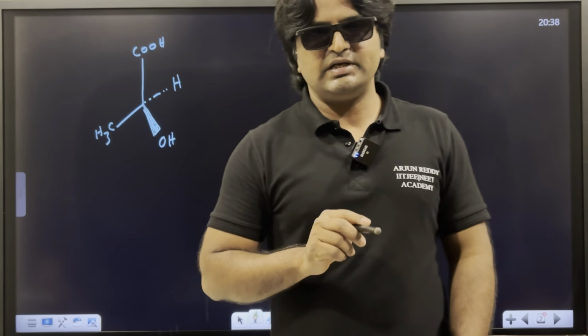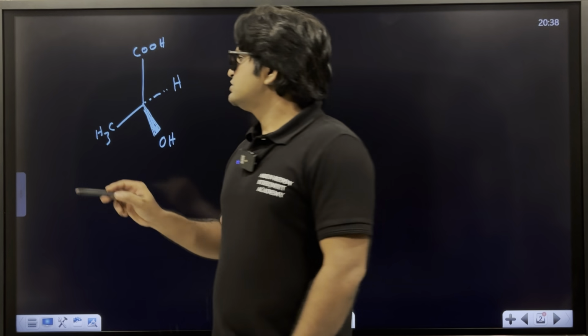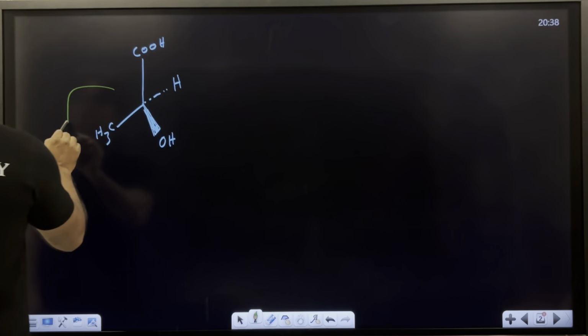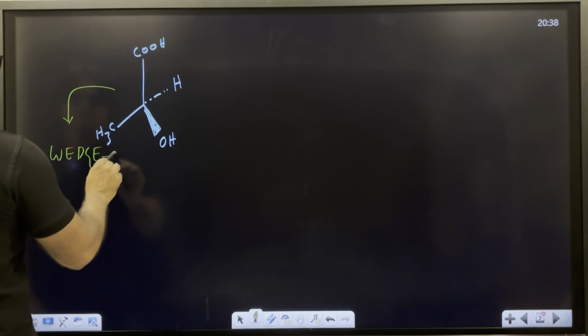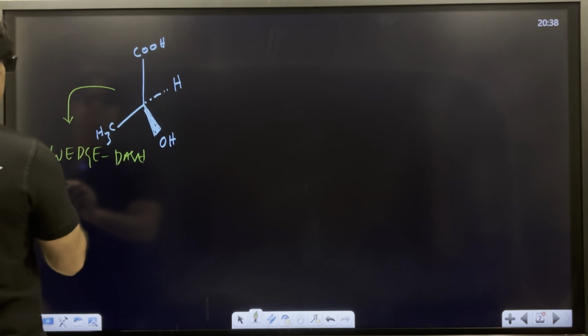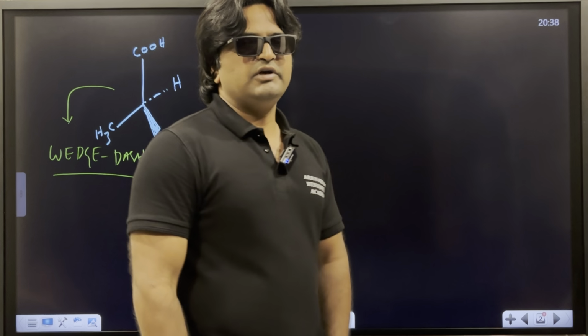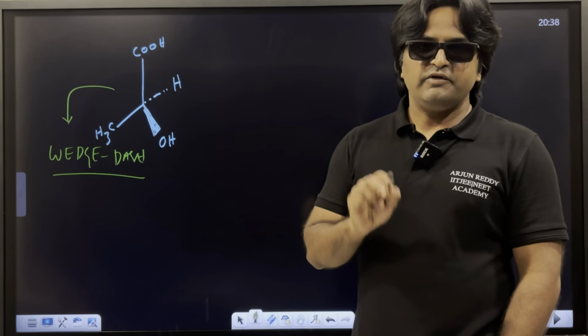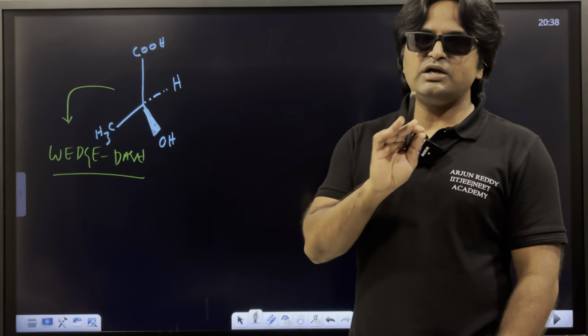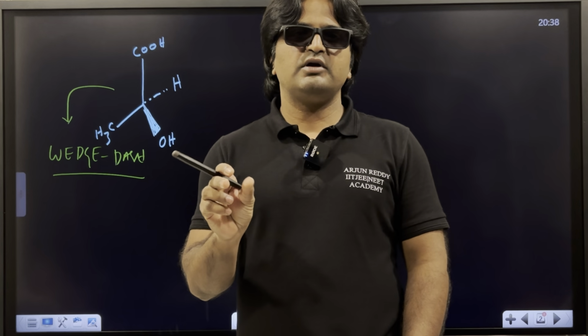For example, let us start from this molecule. So this is what type of representation? We know that this is wedge dash representation, right? Wedge dash representation. For example, convert that wedge dash representation into Fischer. How are we converting that wedge dash representation into Fischer, and what is the procedure we follow to convert that